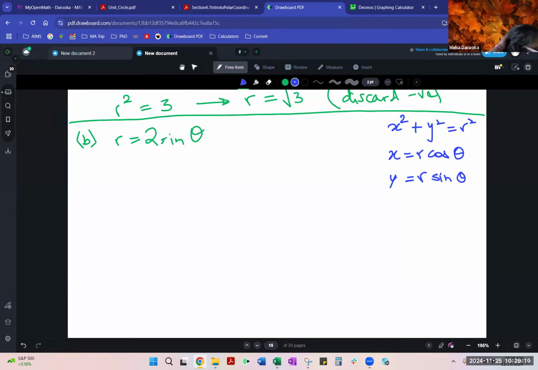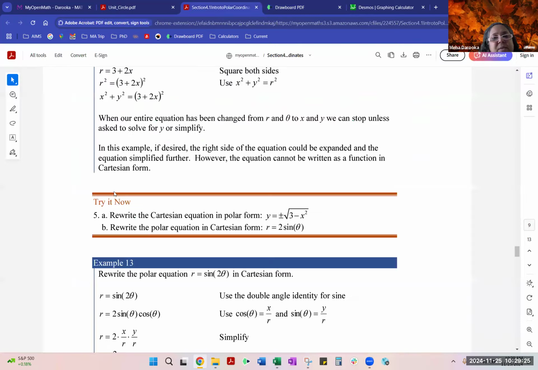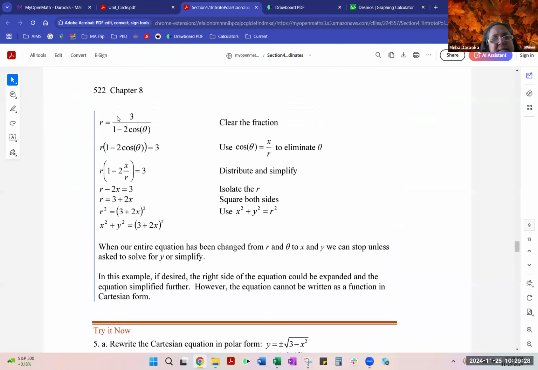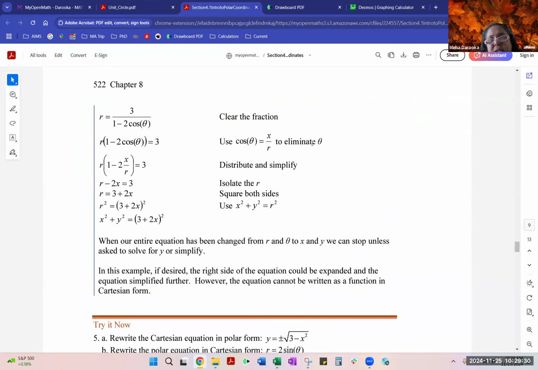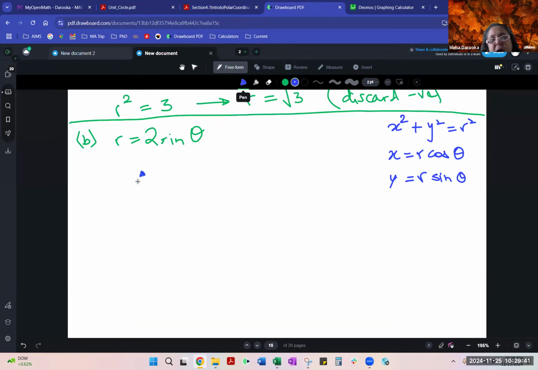R equals 2 times sine theta. We want to get rid of the r and theta and bring in x and y. So think about this example here. When we needed to eliminate theta, we used cosine theta is x over r, right? And that's what we did, was rewrote cosine theta with x over r. So that's probably where I would recommend beginning, rewriting that sine of theta so that we can eliminate theta. So that would mean,